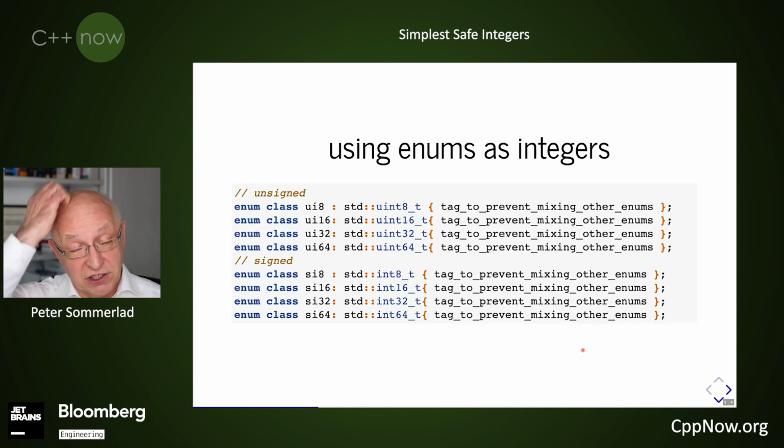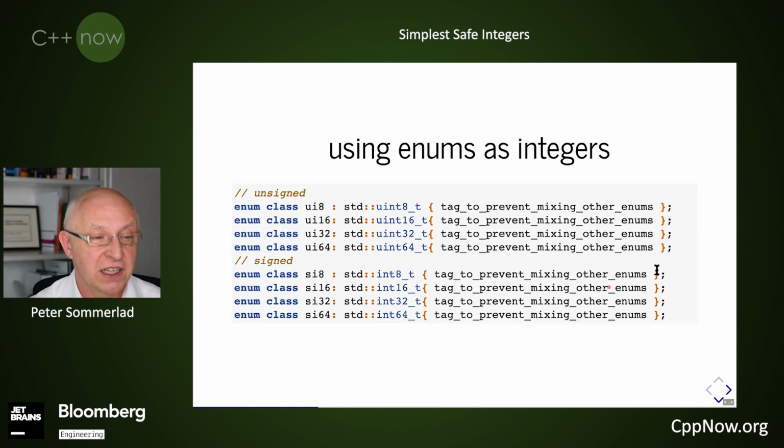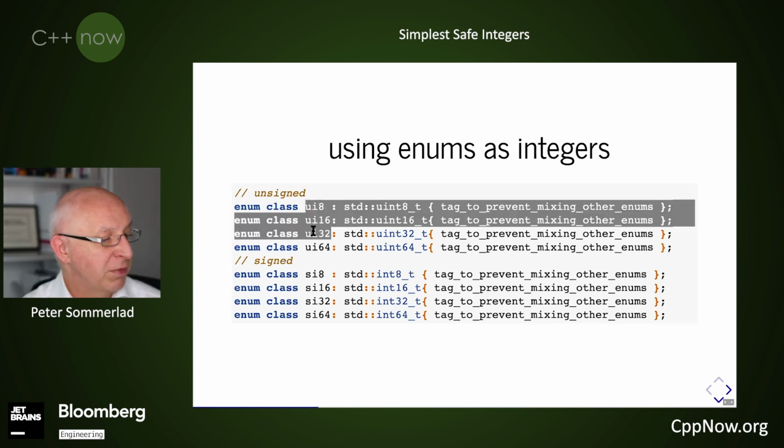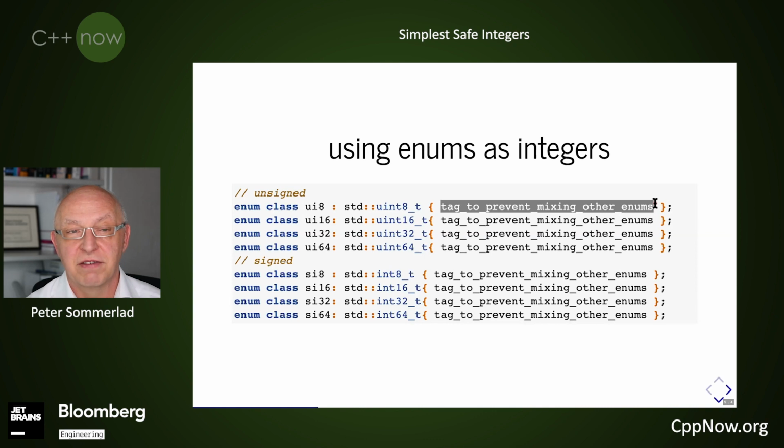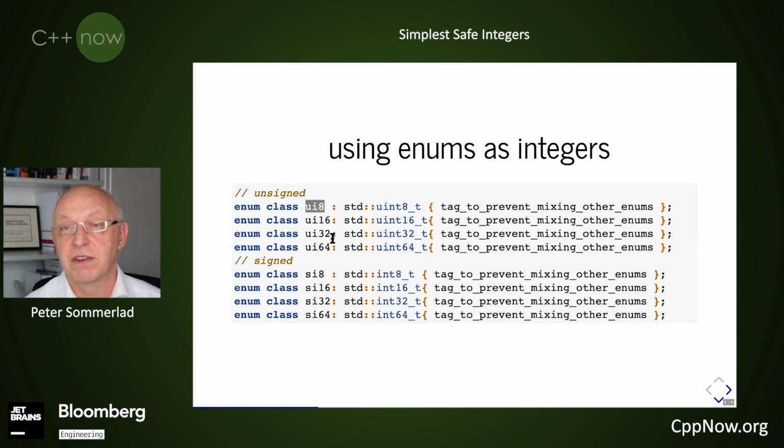Now, what are the actual 8 types that I define? It's for all the standard unsigned integer types that have a fixed width. I define a corresponding enum class type, and we will see later why there is a single enumerator given here, when we see how it's used to distinguish this enum class UI8, for example, from std::byte, which also has unsigned char as its base type, which corresponds to uint8_t.